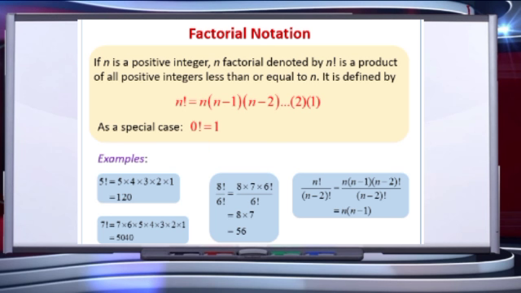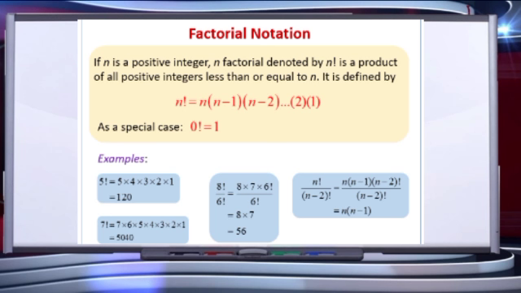For example, we need to find 5 factorial. So 5 factorial will be given by 5 into 4 into 3 into 2 into 1. So that comes out to be 120 on calculation. Next is 7 factorial. Similarly, 7 factorial reduces to 7 into 6 into 5 into 4 into 3 into 2 into 1. On calculating, this will come out as